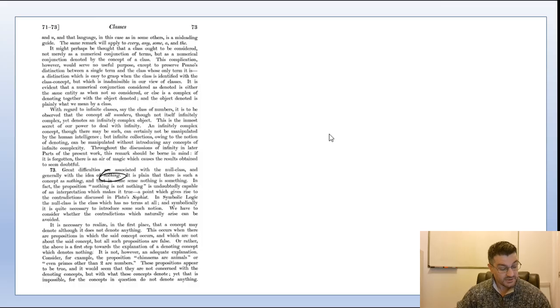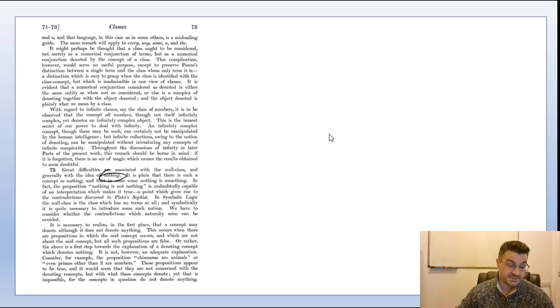Okay? Symbolic logic says that these concepts denote the null class, and that the propositions in question assert that the null class is contained in certain other classes. But with the strictly extensional view of classes propounded above, a class which has no terms fails to be anything at all. What is merely and solely a collection of terms cannot subsist when all the terms are removed. Thus we must either find a different interpretation of classes, or else find a method of dispensing with the null class. The above imperfect definition of a concept which denotes but does not denote anything may be amended as follows.